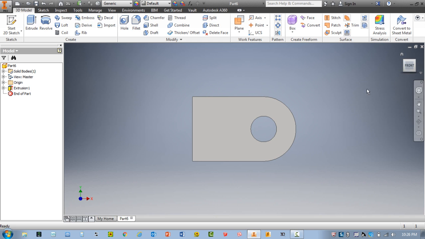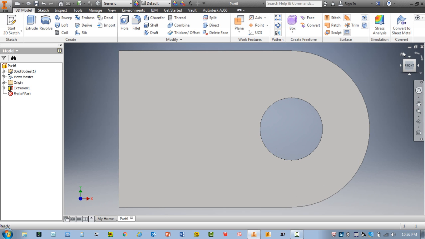Okay, nice front view. Make sure that hole goes all the way through. So let's go ahead and do a zoom all. Let's go ahead and hit the home button,